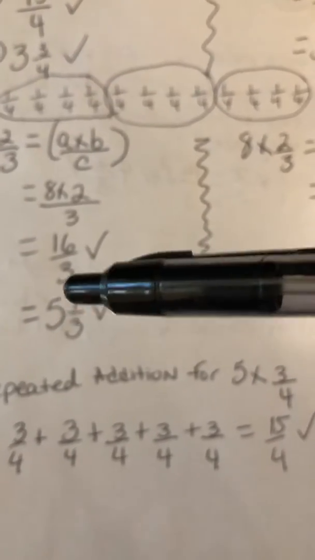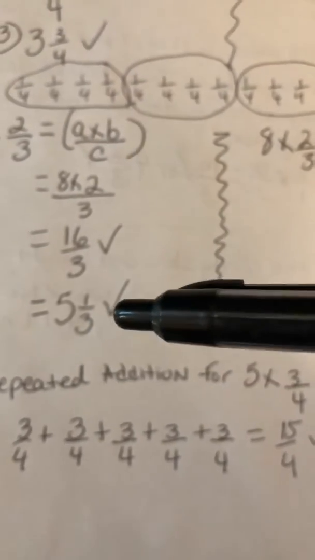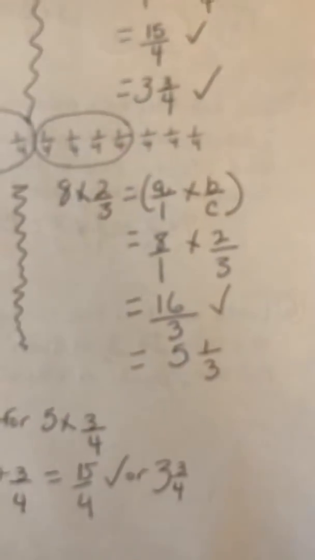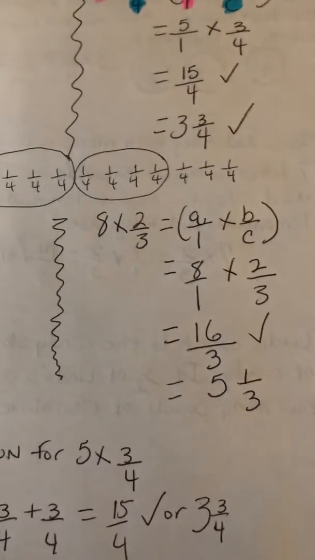Okay, 5 represents 15 groups of thirds. So that leaves me with 1/3 left over. Okay. Now, same problem,